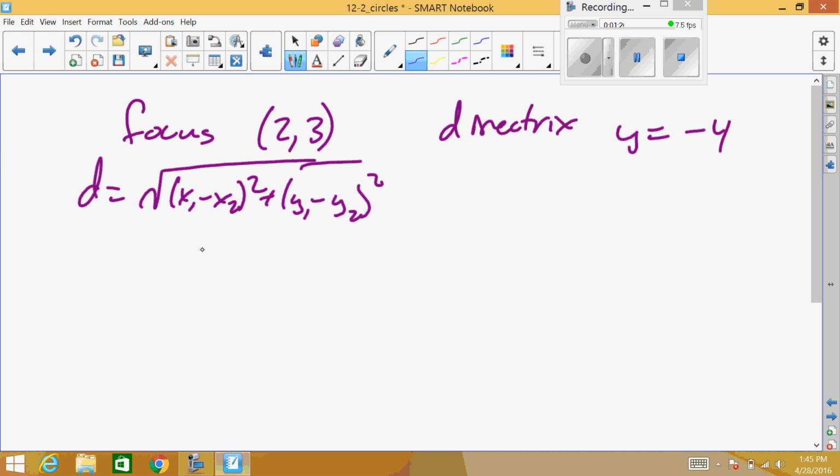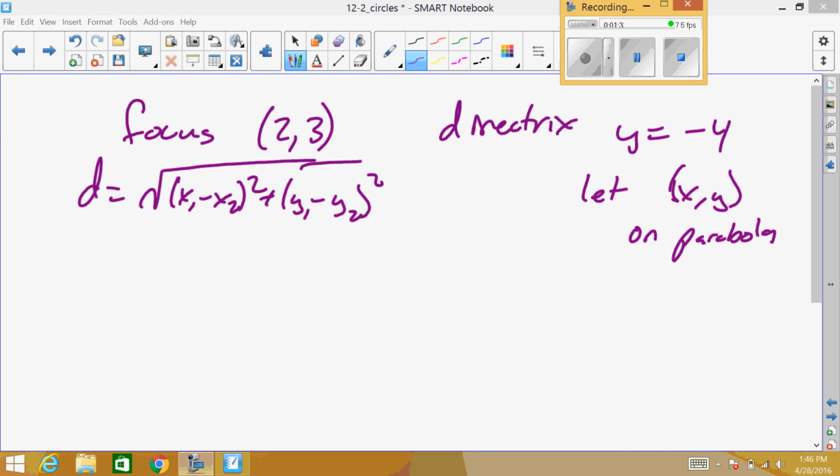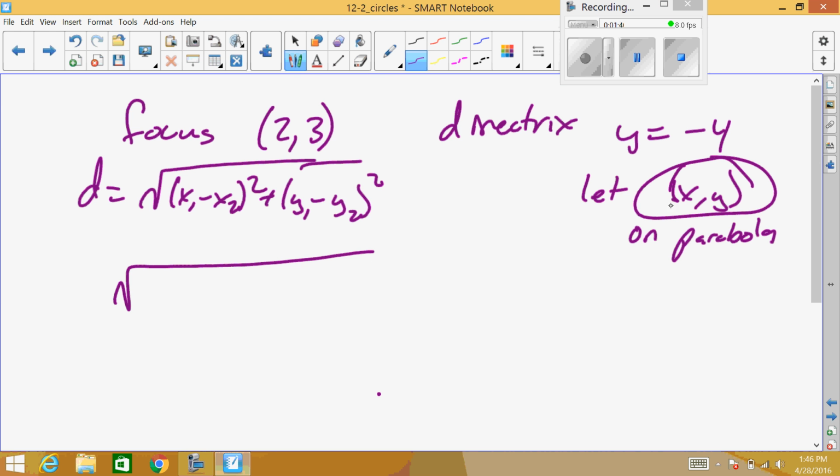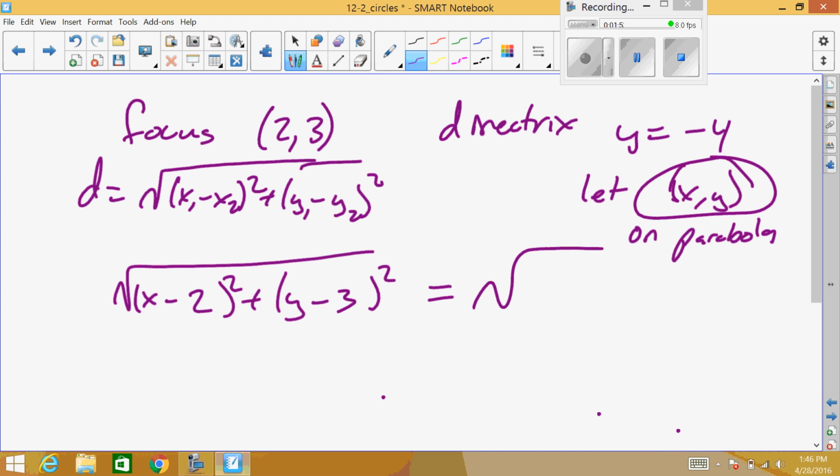So let's see. I'm going to let the point x comma y be a point on the parabola. Okay, so let's find the distance between these. So the distance between my focus and my point on my parabola. Let's fill in my point from my parabola first, and my focus, 2 comma 3. And that should be equal to the distance from my point on my parabola